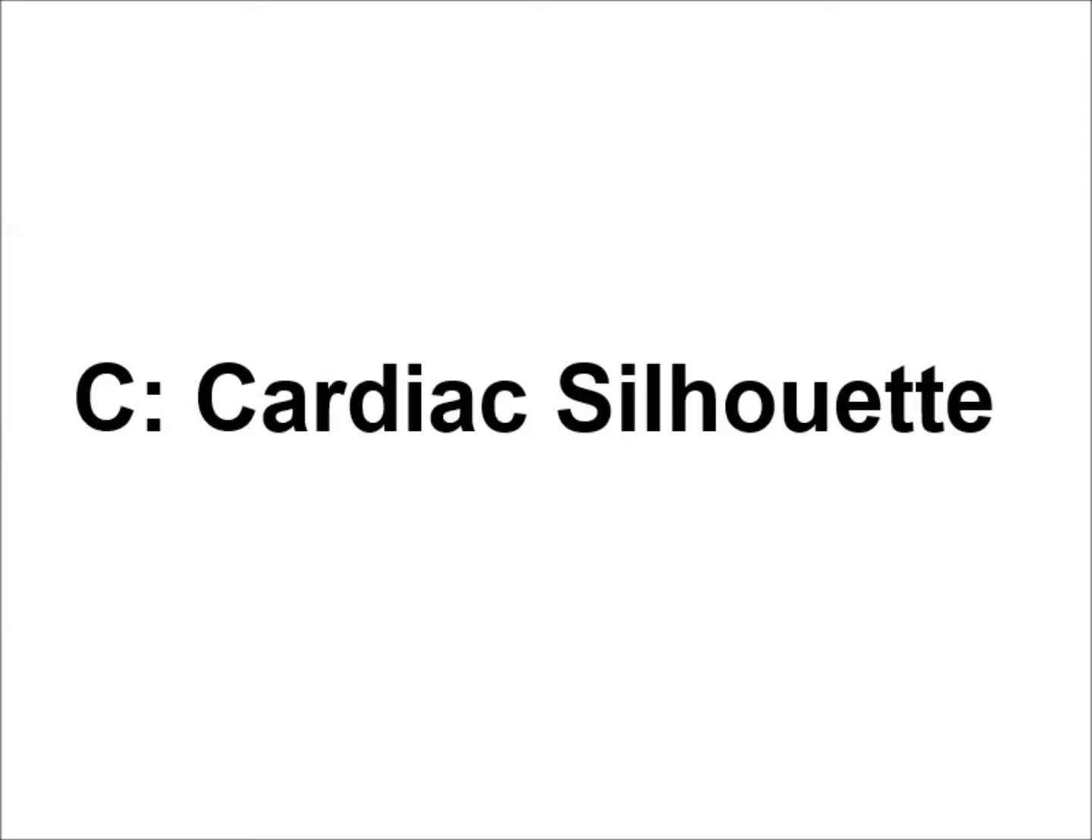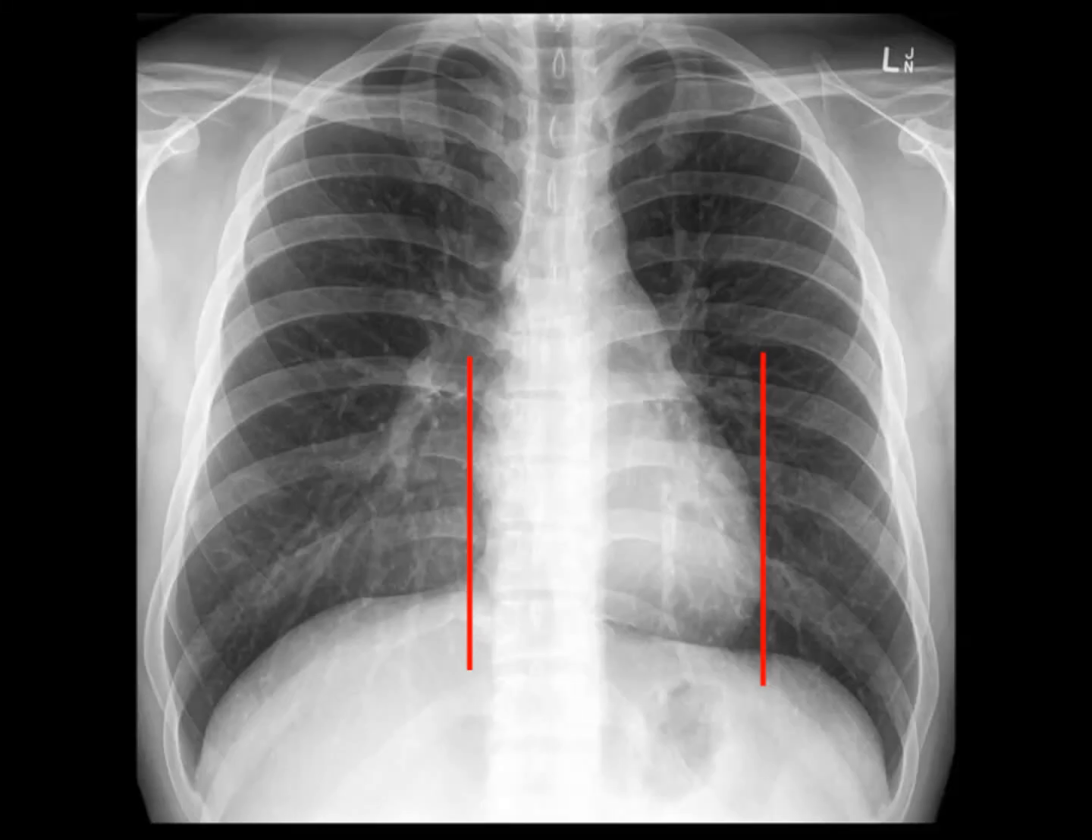C is the cardiac silhouette. On a PA film, the heart should be less than half of the chest width. An enlarged cardiac silhouette is most commonly